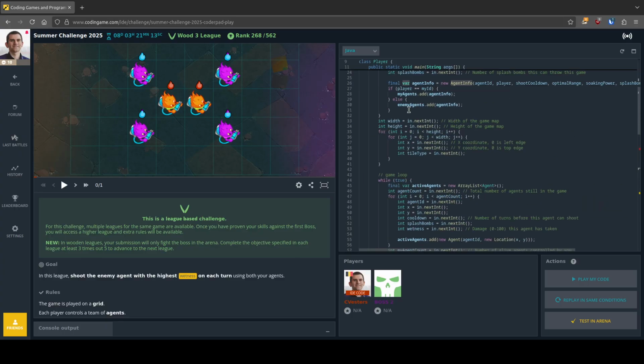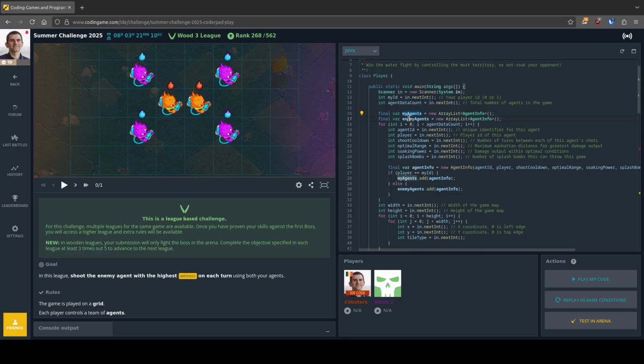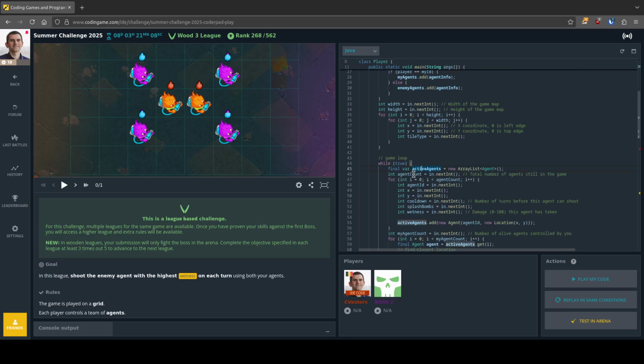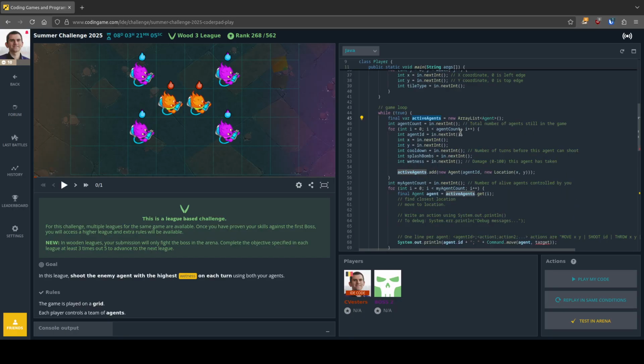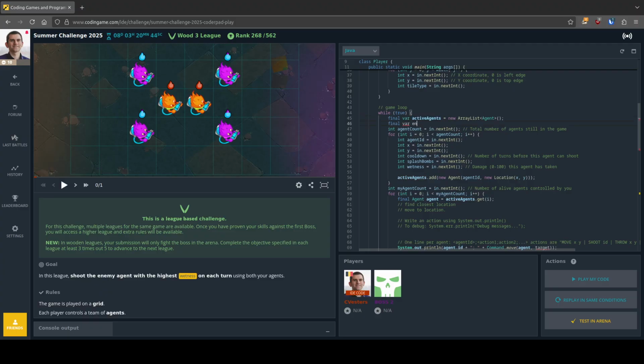What do I have now? I have my agents, I have enemy agents, I have the active agents. This is no longer useful anymore. And that's why I think a map might actually be more useful. Because I don't want to loop over active agents. I want to have a final var enemy active agent. And I want to